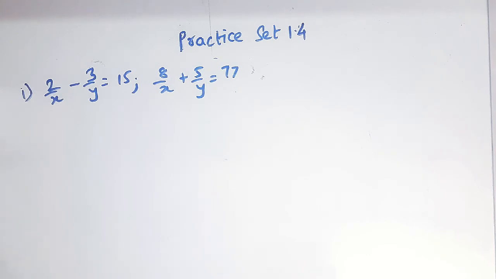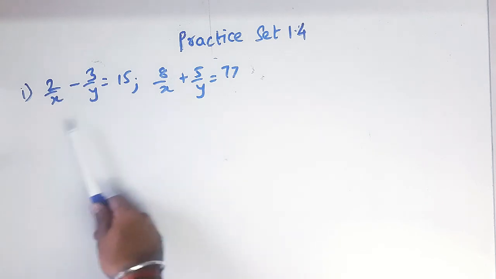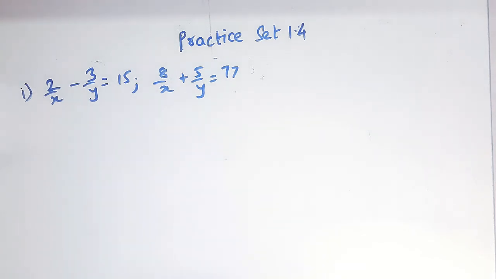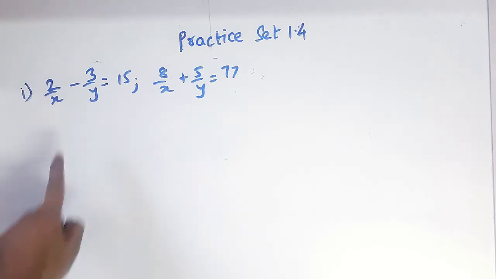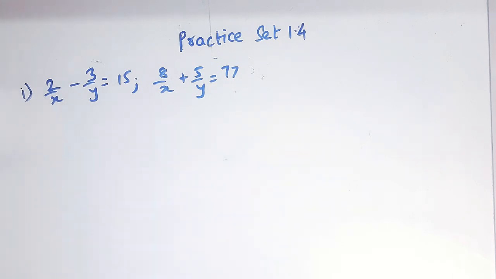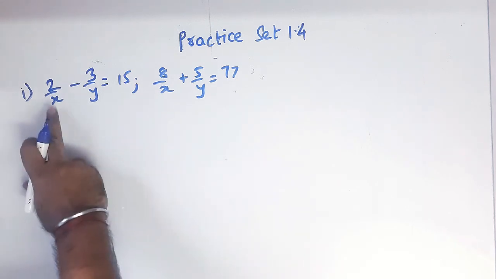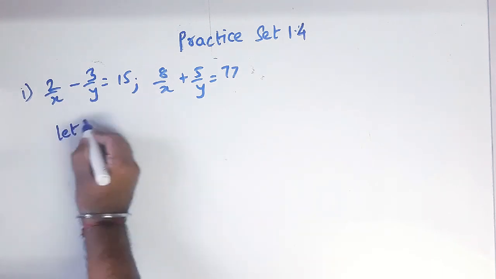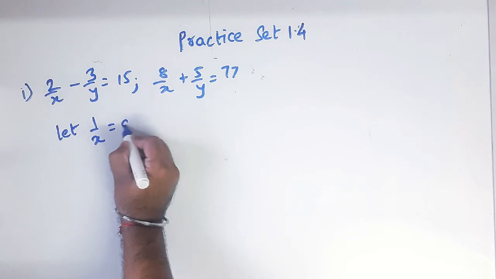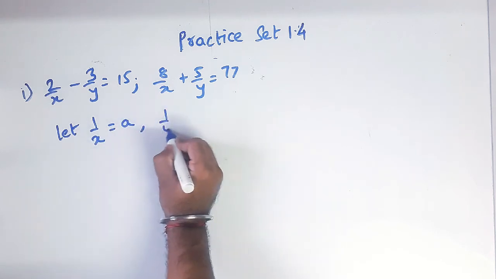Now for the first time you are getting x and y in the denominator. Till 1.3 the x and y were the variables with the coefficient. So here, 2 upon x, 3 upon y, you have the variables in the denominator. In such a situation, what do you have to do first? First thing you have to do is let 1 upon x equal a and 1 upon y equal